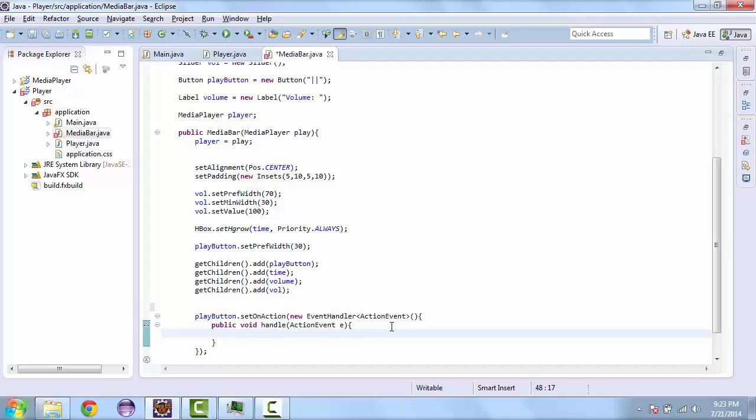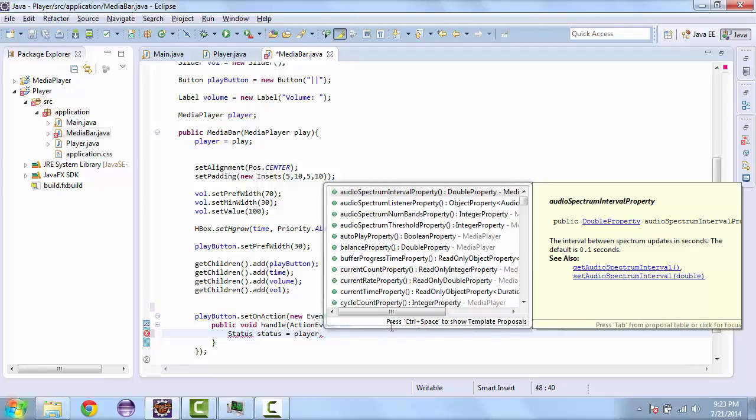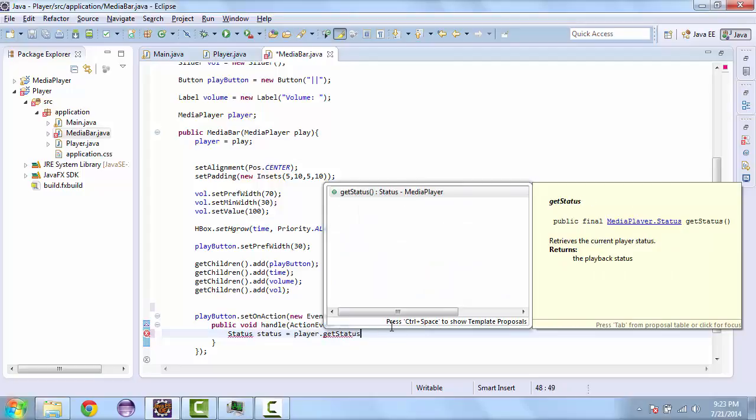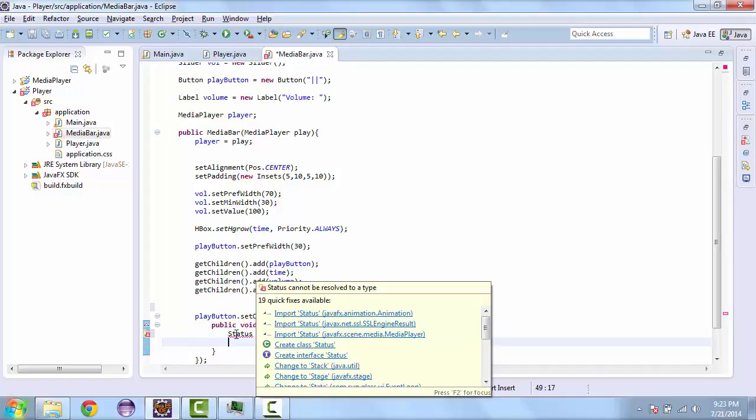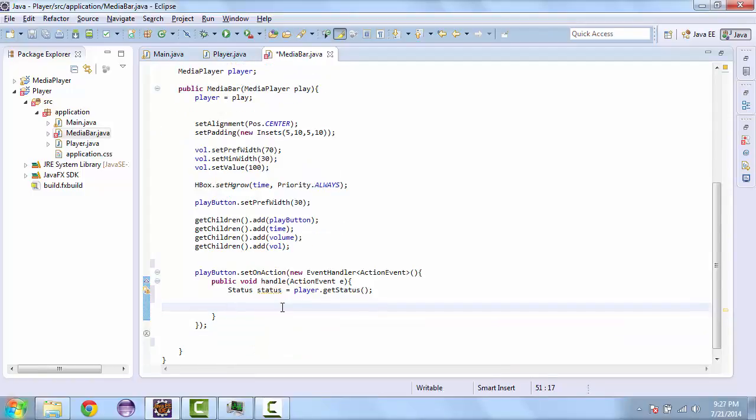So first thing that we need to get is the player status. So we'll create a new status variable and we'll get the status from the player. Do our import. Since our video starts off playing, we're going to go ahead and check that first. So if our status is equal to Status.PLAYING,